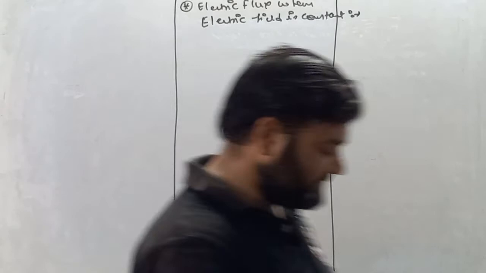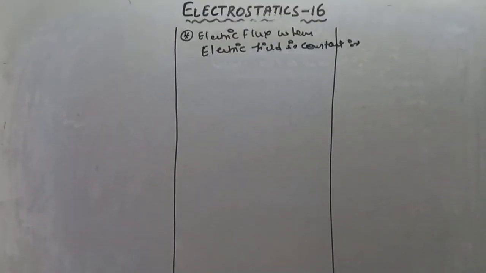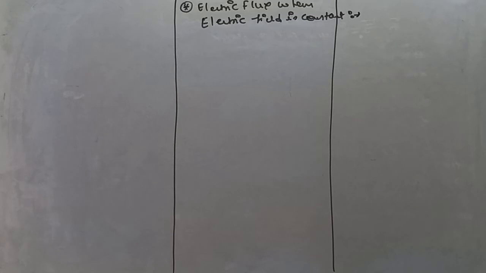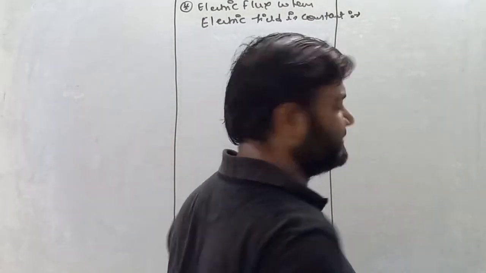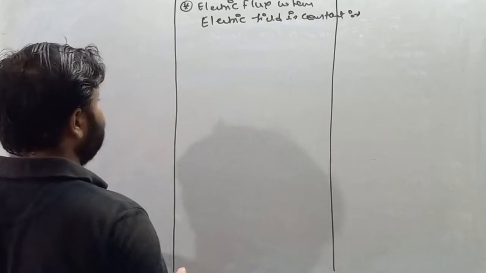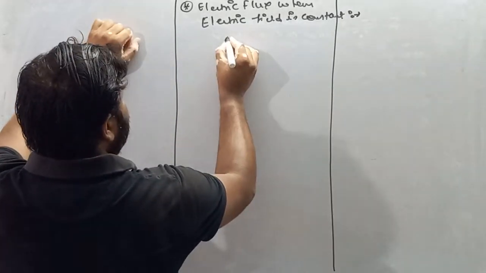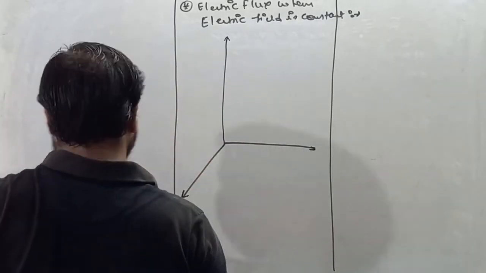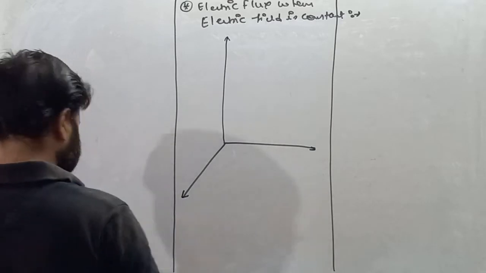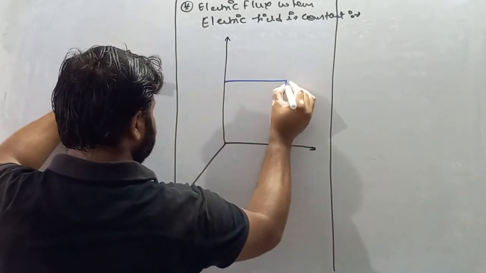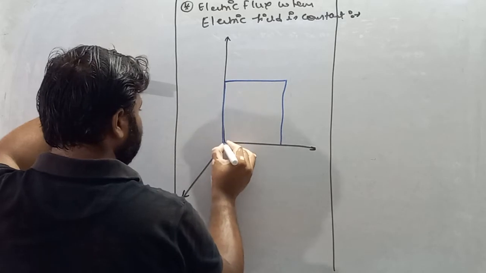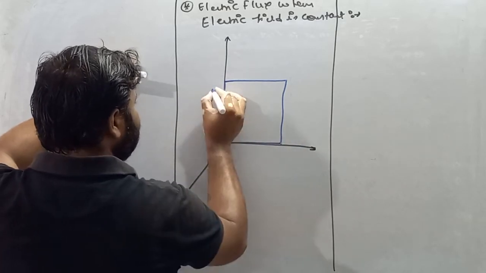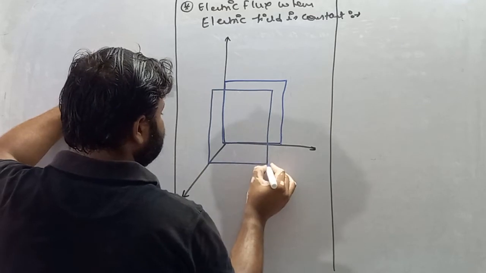This topic is understood through one numerical, my dear student. So try to understand what if the electric field is constant. Let's suppose we have a cuboid of side A. I'll make a cuboid again. This is our cuboid of side A, and this cuboid is placed